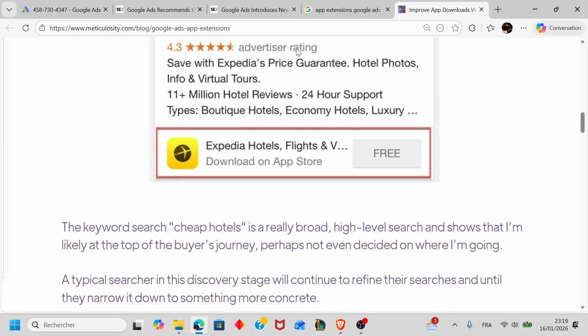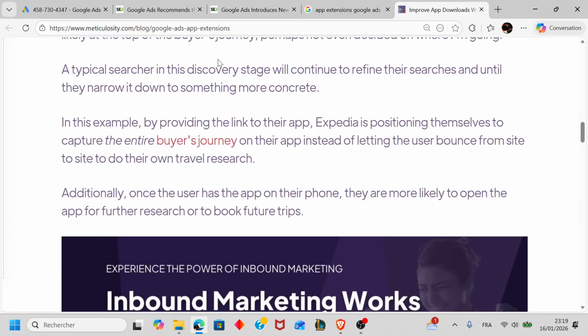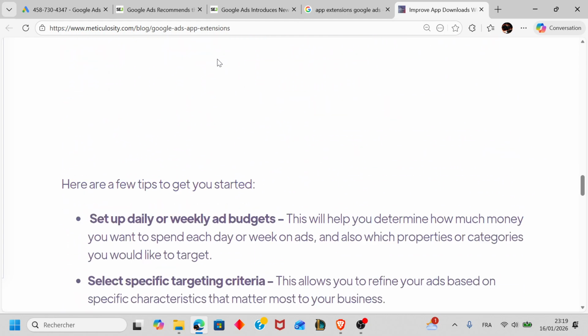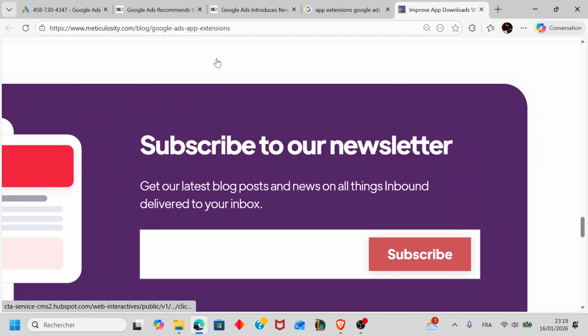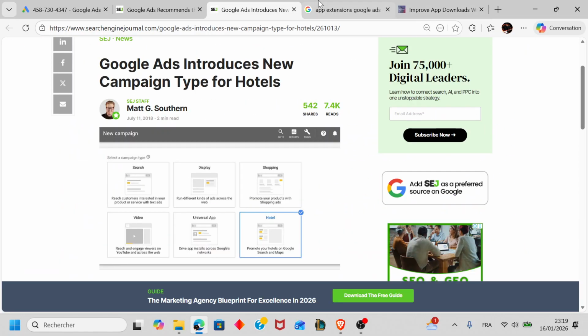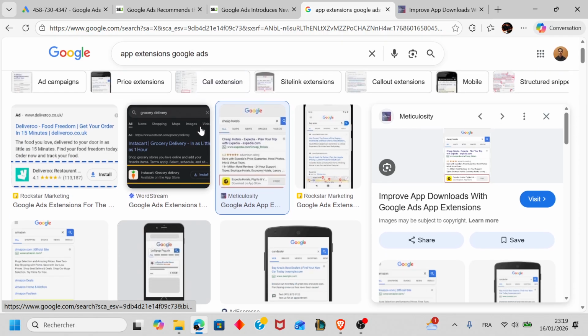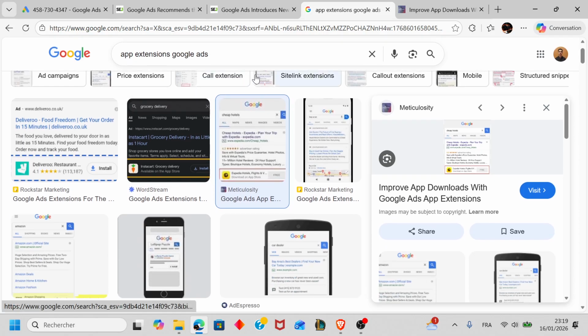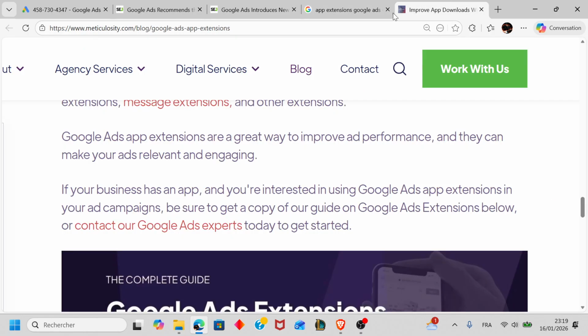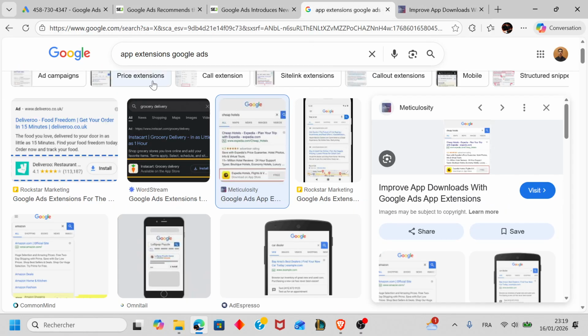Now, after you log into your Google Ads account, on the left menu, you're going to click on Ads and Assets. You're going to go here. Let's look for a picture if there is one. We're just going to go and click on Ads and Assets. And then you're going to click the Assets tab and then click on the plus button and choose app. Now, from the platform, I'm gonna look for some screenshots for this